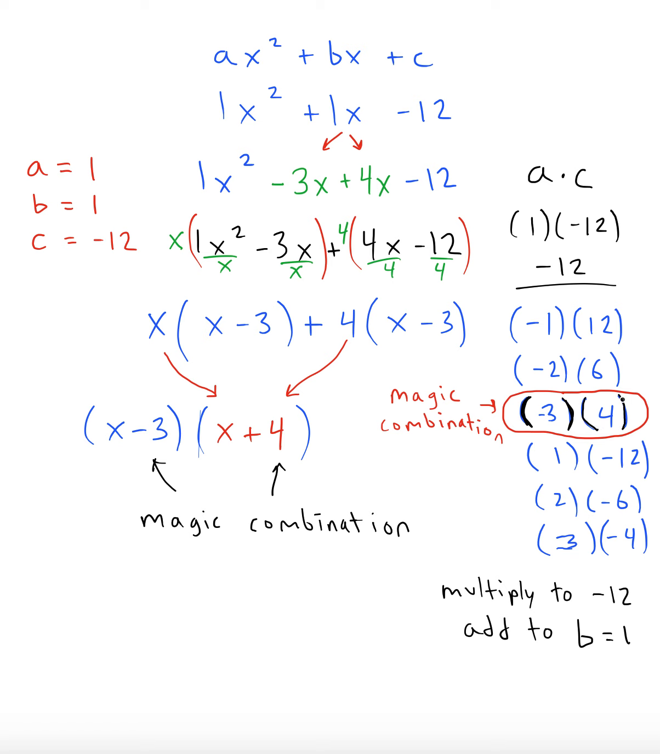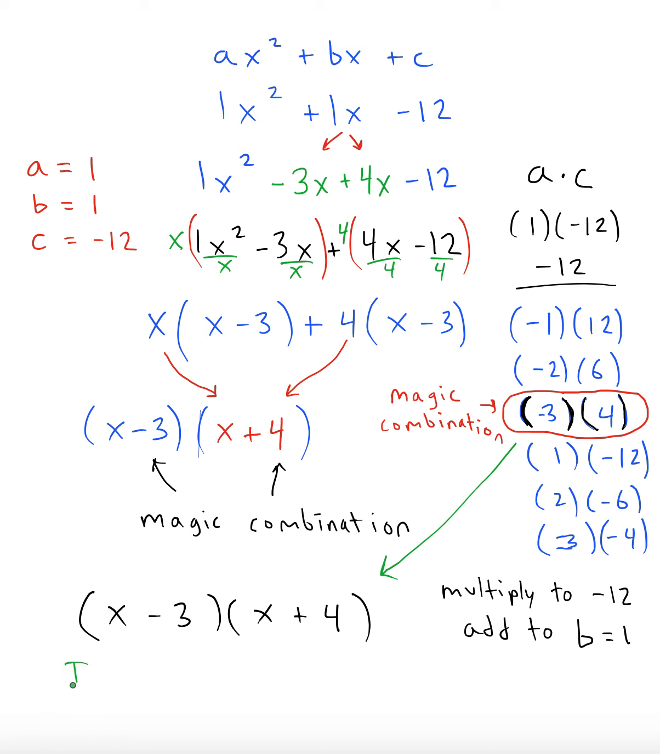So you might be thinking, could I just jump to the final answer if I know the magic combination? Could I just assume that it's going to be two binomials using x and x, and then I put a minus 3 and a plus 4 because that was the right combination to use? And the answer is you can do that. You can jump from here to here